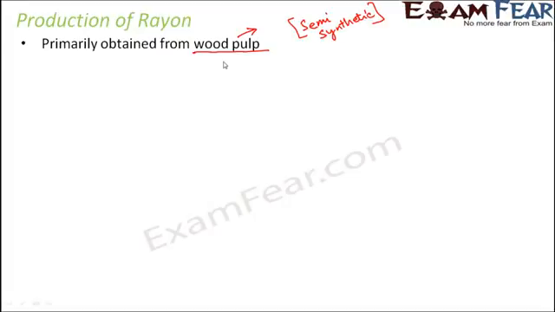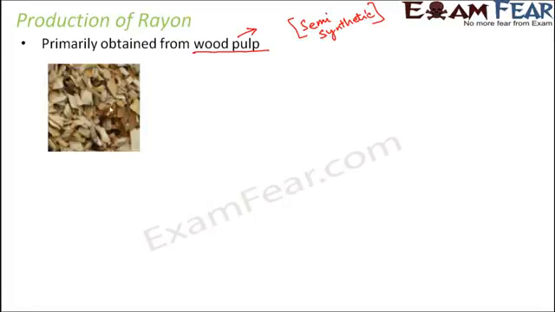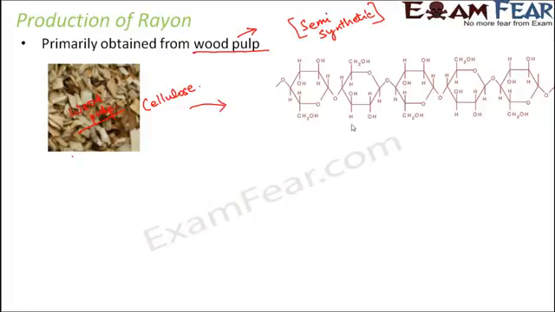Now let us look at the process. Wood pulp contains a polymer. Which polymer? It contains cellulose, and cellulose is a polymer. This cellulose is then chemically converted into a soluble compound. This is how the structure of cellulose looks. You see, it has repeated units of monomer. So this cellulose is converted into a soluble compound by chemical reactions, and then this soluble compound is made to